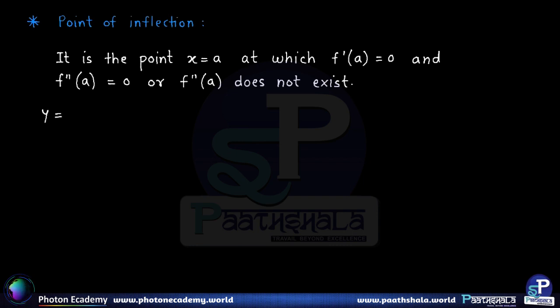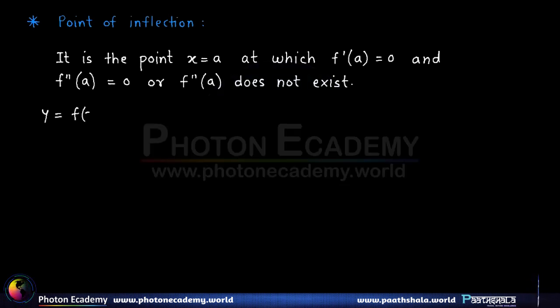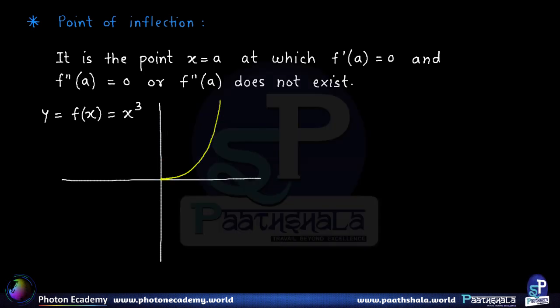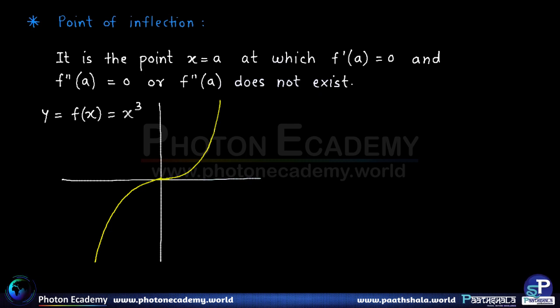So here we consider y, which is nothing but f of x, given by say x cube. So we are talking about the basic cubic function. If we draw the graph of the cubic function, we know that to the right side it will go on increasing and to the left side in the negative it will go on decreasing like this. Now let us try to find out the maximum and minimum point of this particular function. Our function f of x is given by x cube.